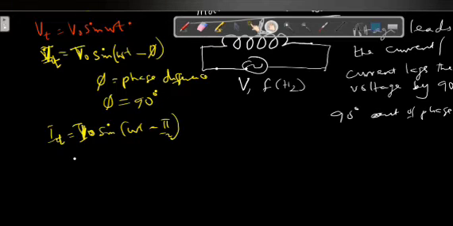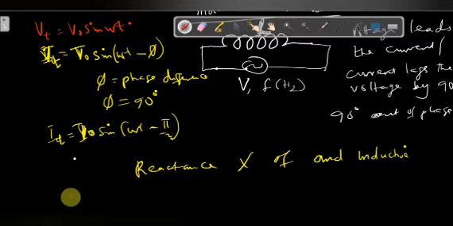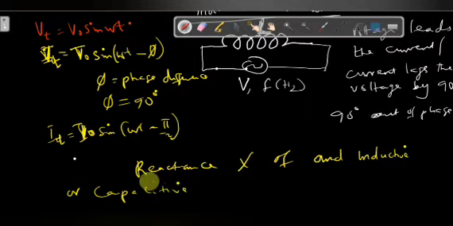Then, in this case, the inductor has a reactance. Okay, the inductor has a reactance. So, in order to make the video brief, I'll just look at some parameter. The reactance X of an inductive or capacitive circuit